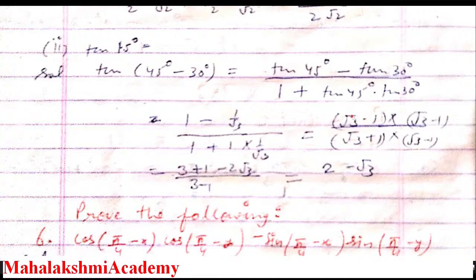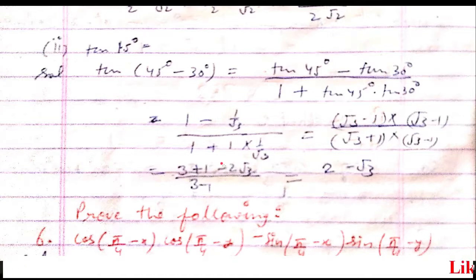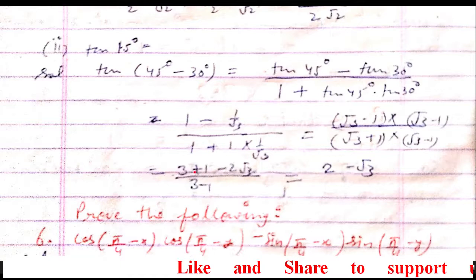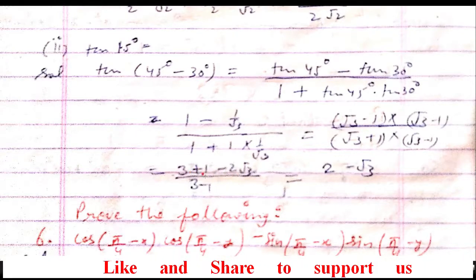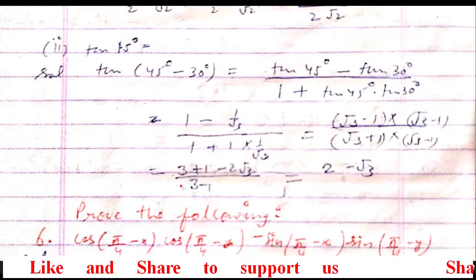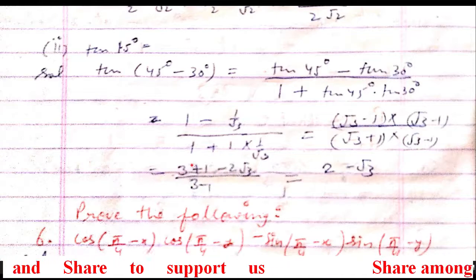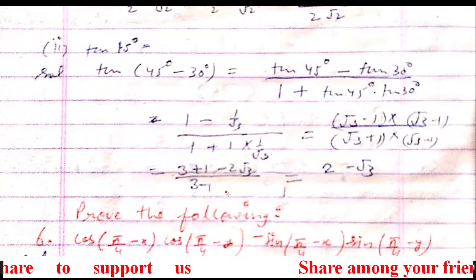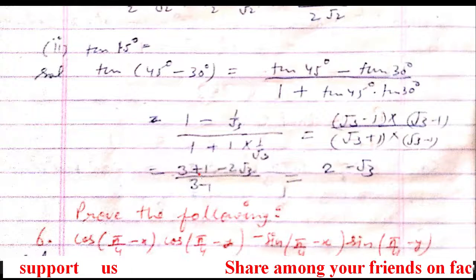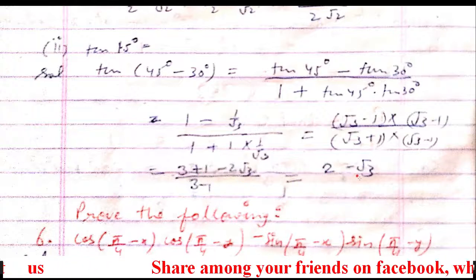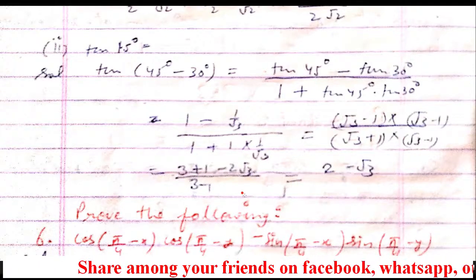Now here they are the same bracket, so it's going to be a whole square. The (a minus b) whole square formula is a square plus b square minus 2ab, and in the denominator, (a plus b)(a minus b) is a square minus b square, that is 3 minus 1. So when you subtract them, you will get 2 only. So it's going to be (4 minus 2 root 3) upon 2. Then take 2 common and cancel it. You will get 2 minus root 3. Calculations you can do on your own.